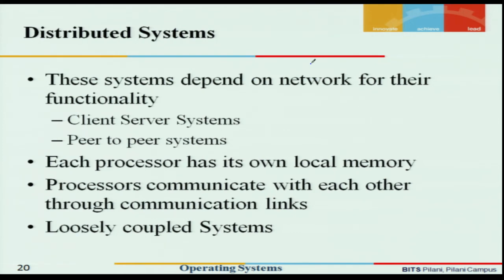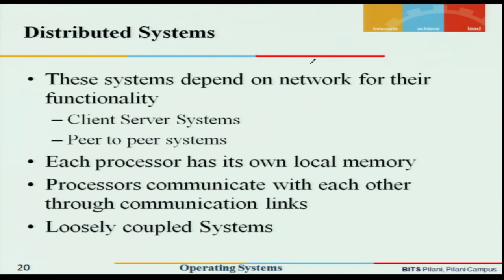Multiprogramming. Multiprogramming essentially deals with systems where we have one processor and multiple programs in memory, and at a given point of time only one program executes. Then we've seen multiprocessing. In case of multiprocessing, we have multiple processors available in the system, and at any given point of time multiple programs, equal to the number of processors existing in the system, can execute simultaneously.